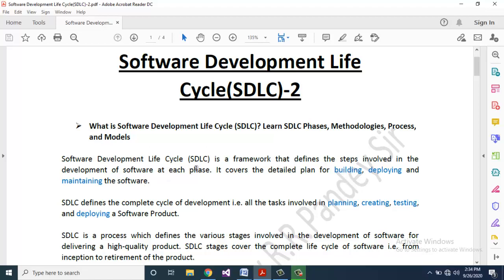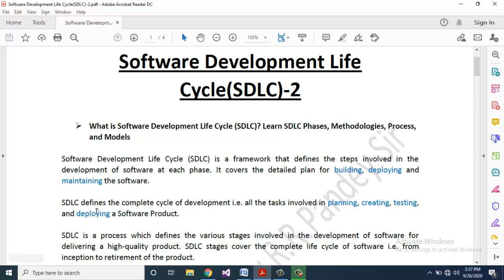Software Development Life Cycle, SDLC, is a framework that defines the steps involved in the development of software at each phase. It covers the details planned for building, deploying and maintaining the software.